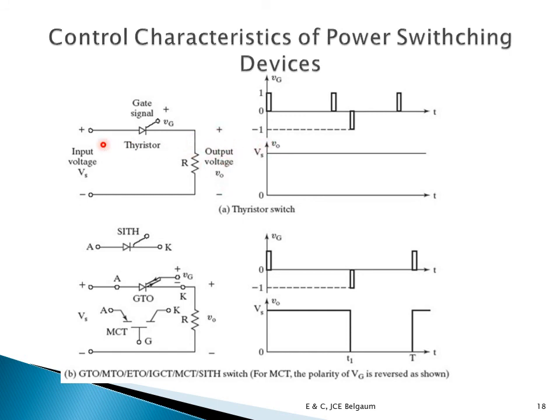So what it says is, when I apply a positive voltage, the SCR will be forward biased. At the same time, it also gets the gate pulse at 0 only. So the minute it gets the gate pulse, since it is getting it at 0, the input will be connected to the output, and the output will become Vs instantly.